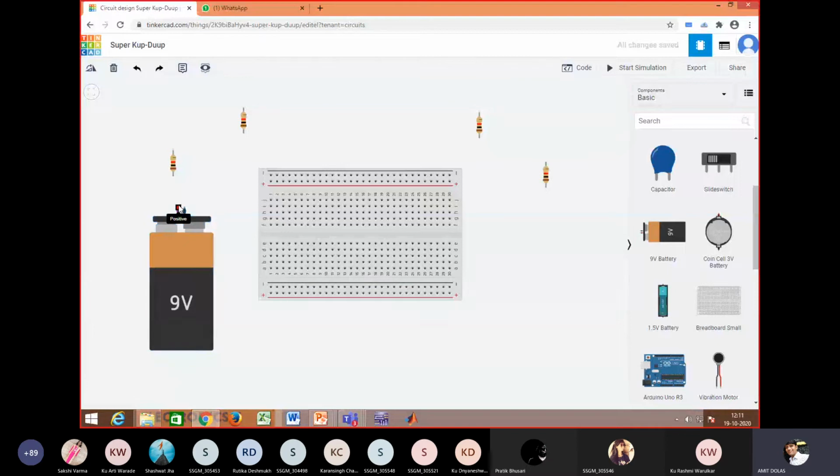So this is positive. I'll click once on this terminal and come back here like this. You can see the battery positive terminal is connected here to the positive of the breadboard. So whenever we need positive supply, we can use these.